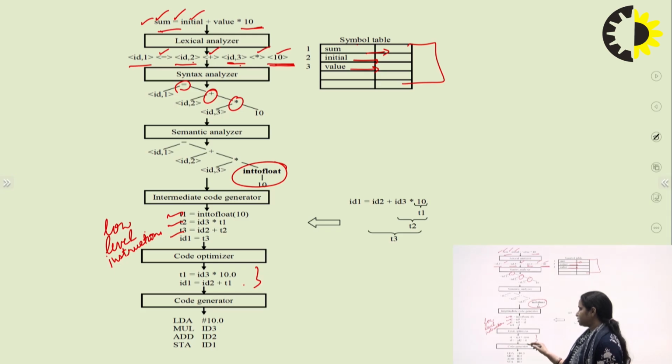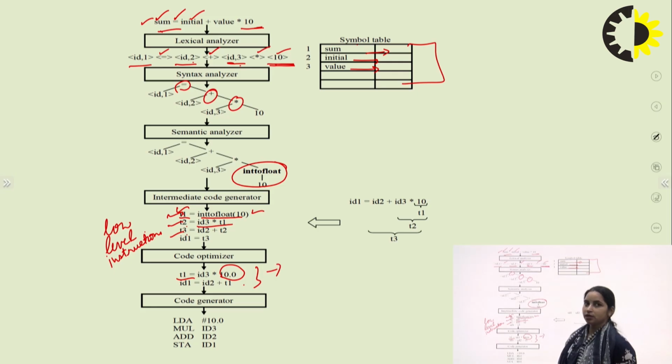Like in temporary variable one, int to float, so directly here we have written into float. This is the optimized version, and one register is saved here. See, T1, T2, T3, there were 3 registers. Here it is only the T1 register and the whole job is done. So this is the optimized version.